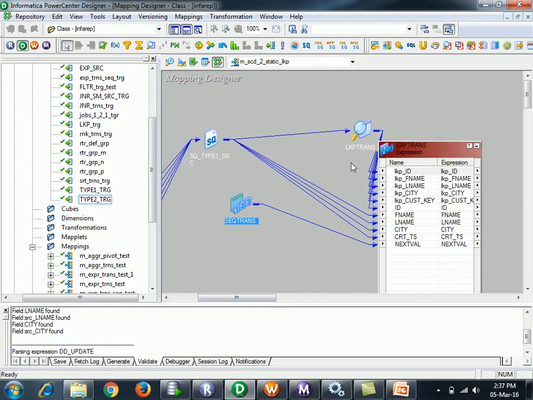So what our requirement is, we have taken a lookup on the target table, we have the source data, we have the target data, and we have the sequence generated key as well. So now